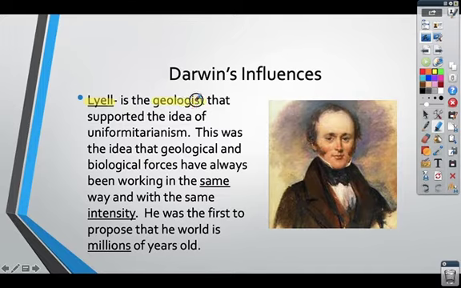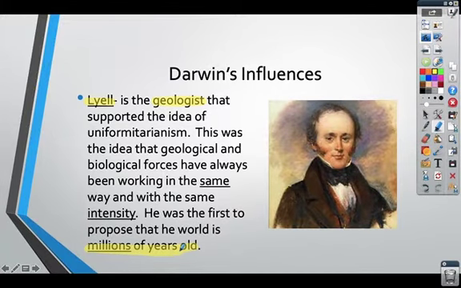He is studying how the earth forms different features like mountain ranges and canyons, and he believed in uniformitarianism, which means that the speed at which these geological processes and forces occur has remained constant throughout time, always at the same frequency or intensity. And he suggested that in order for things like the Grand Canyon to form, Earth had to be millions of years old, not just a few thousand years old, which was the common belief in the early